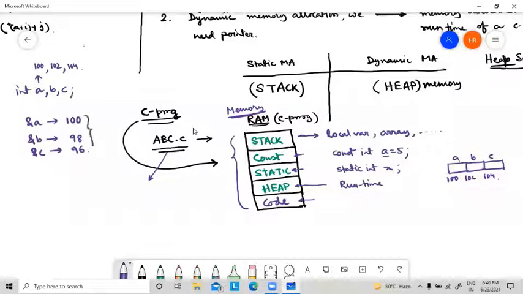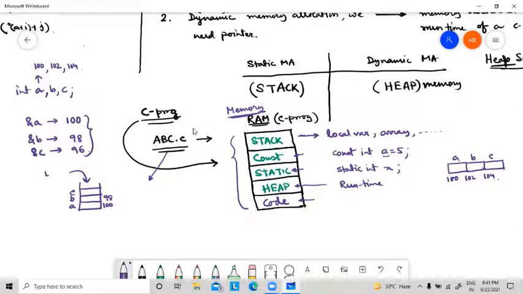Why is this happening? Because the address is allocated in stack. Suppose this is the stack. So this is for A, the address is 100. Now the next variable will be allocated in this position, which is 98. Then C will be allocated next, because stack has only one entry point, and the same end will be used as the exit point.